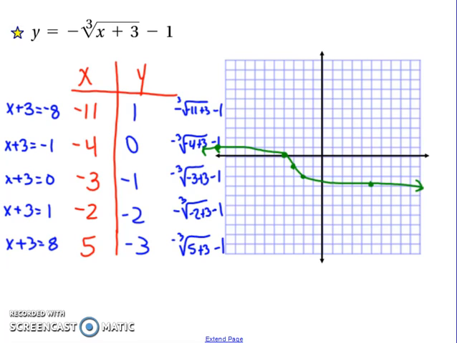it's the same shape, but because I had a negative on the outside, it's flipped. So now it looks like it's kind of backwards because it's flipped. Now my domain and my range, again, are still going to be all real numbers for both. Okay, this will always be the case when we have a cube